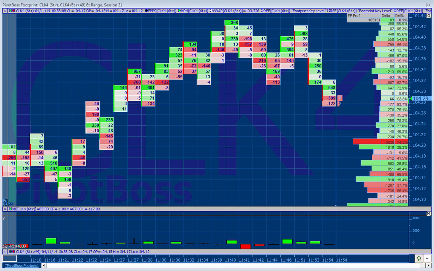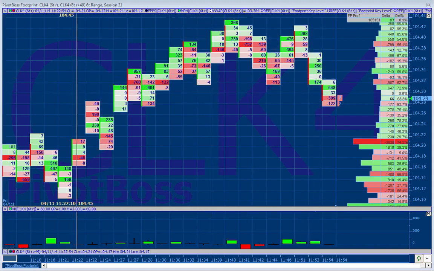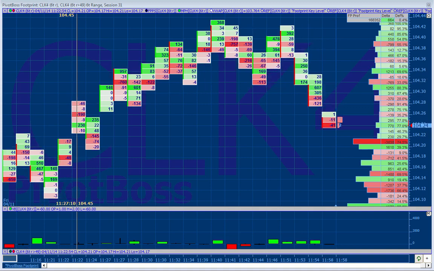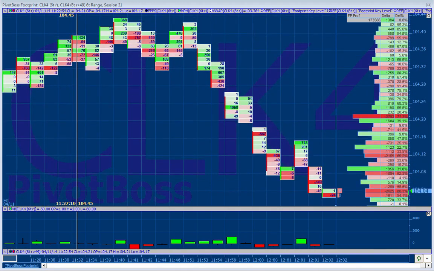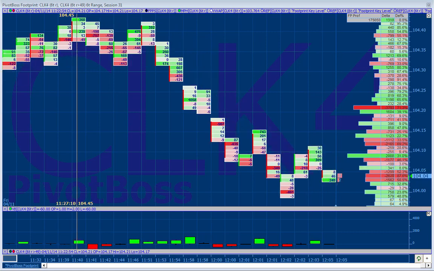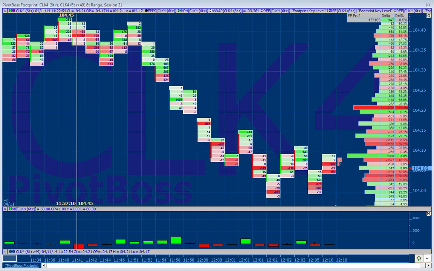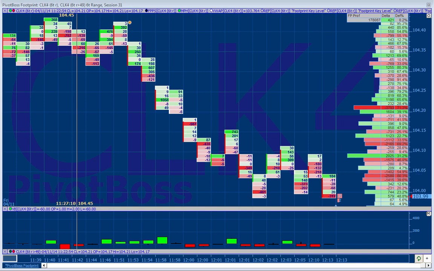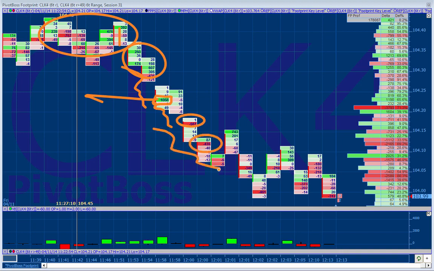So when you look at this, as it continues to progress, watch how price, after an inability to get buyers to push higher, look how quickly it drops. Okay, let's pause it. All of these buyers tried to get price to go higher, and it didn't. It went offered. Then all of these buyers tried to get price to go up higher, and it didn't. It went offered. And then there's a 1058 contract buyer that comes in right here, and they can't get it to go up, and it goes offered. Then you see some sell programs come in and push this thing down.